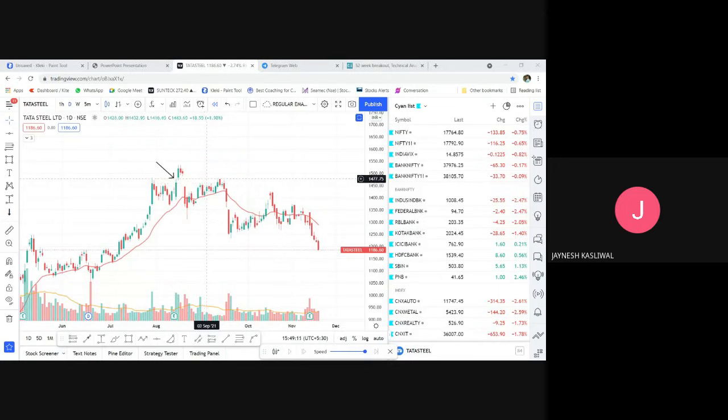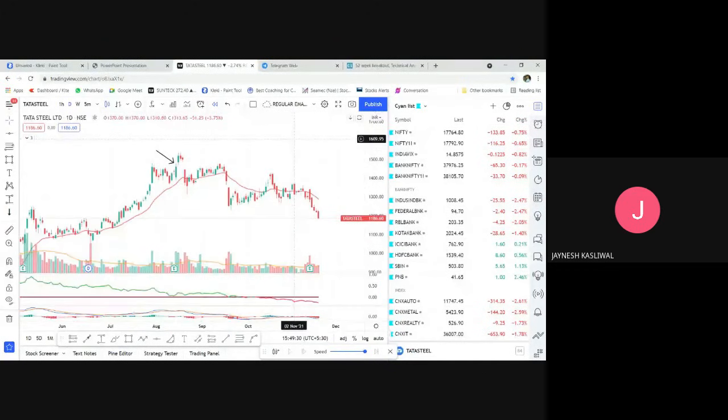I know the result has increased multifold. But do you have an edge over that? Does this knowledge give you any edge that the result is 7x? So the result should not be a criteria for buying any kind of stock. First thing, okay, let me finish. Second thing is,